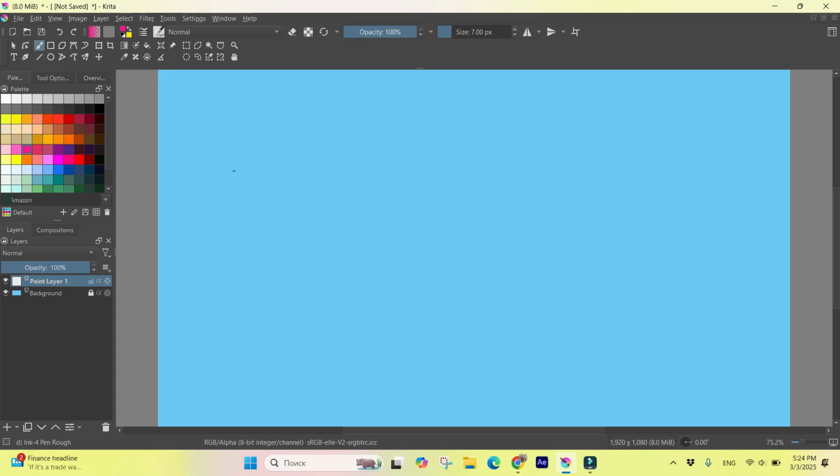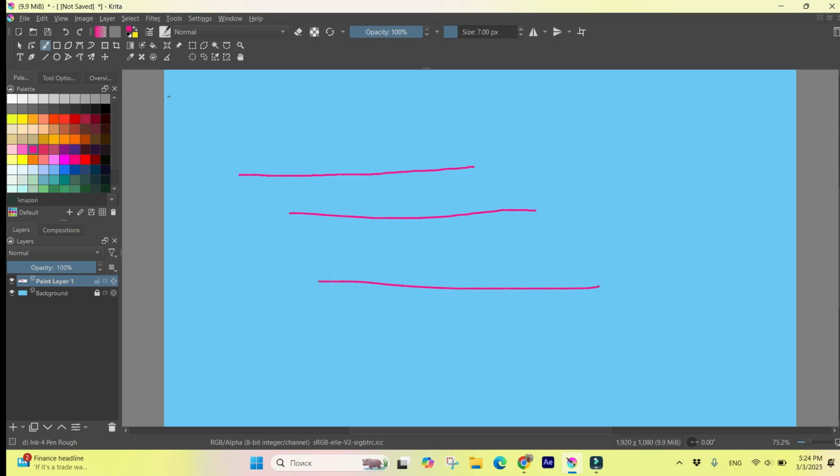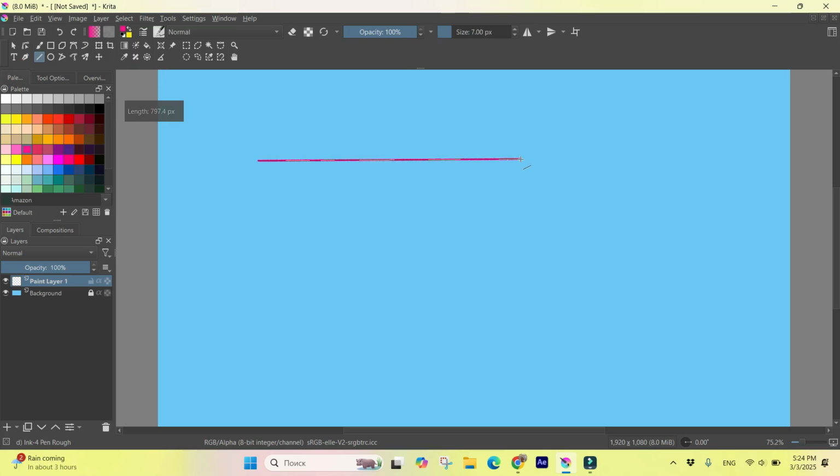It's very difficult to draw nice lines, really good lines, so in Krita, let me do Ctrl Z, we can use the line tool. Okay, you see, it's wonderful. And if you hold Shift after you started drawing,